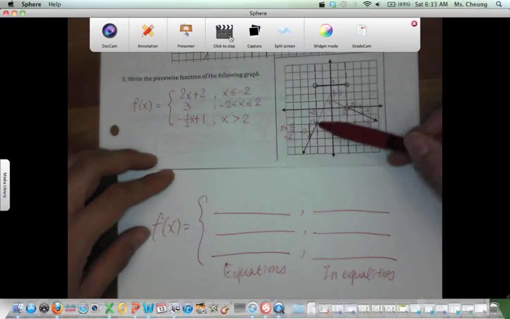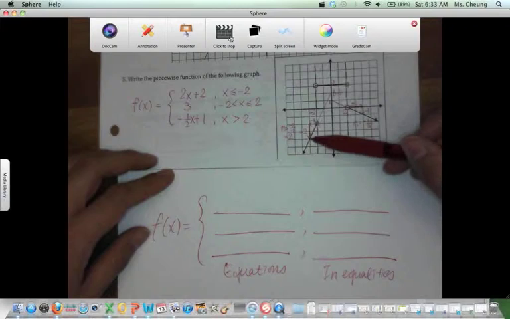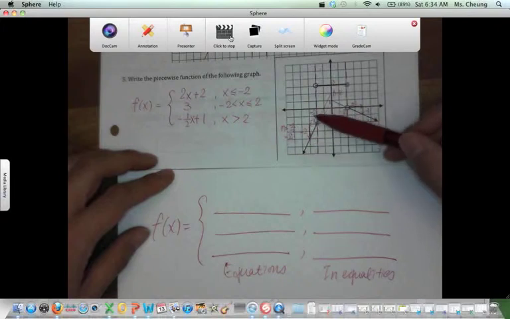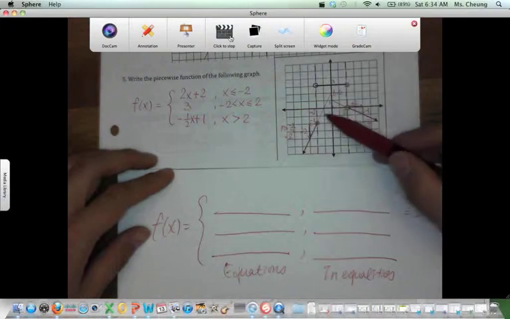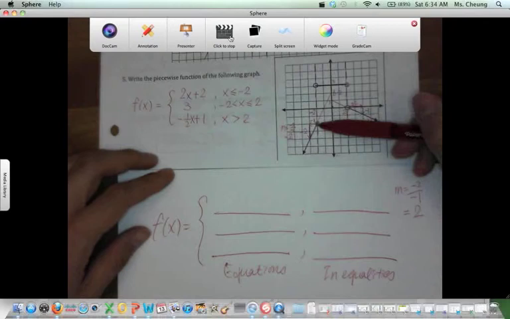So you may identify 2 points, and then you have to find out how many steps you have to go to the left in order to get to the second point. So you have to go to the left by 1, so you get -1, and then go down by 2, which is -2. That's why my slope for the first one is -2 over -1, because slope is rise over run. So my slope will be 2, and in order to find my y-intercept, instead of extending